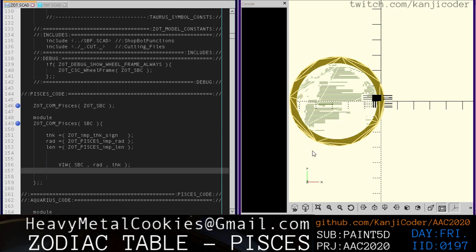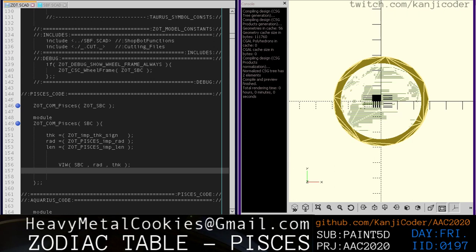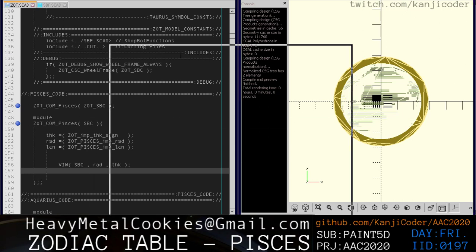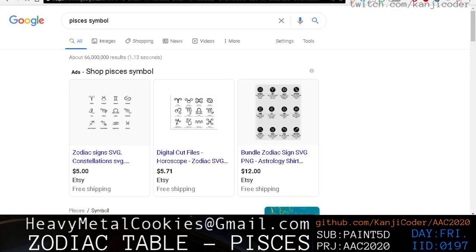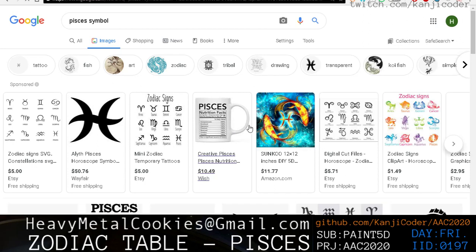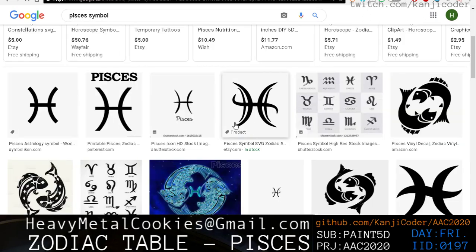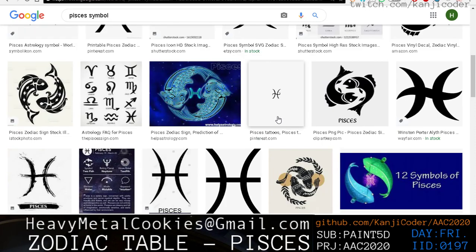Okay, so we got this wheel, right? And we just want to make an arc. And I think it would be nice if the arc was just... well, I don't know, is that too extreme of a curve if we do it that way? Let's go look at Pisces symbols again and see if we can get an extreme arc or if that's too much. So we might need, like, instead of a half circle, a fourth of a circle or something a little bit less extreme. So, right, this isn't exactly a half circle, right? So we might not want to